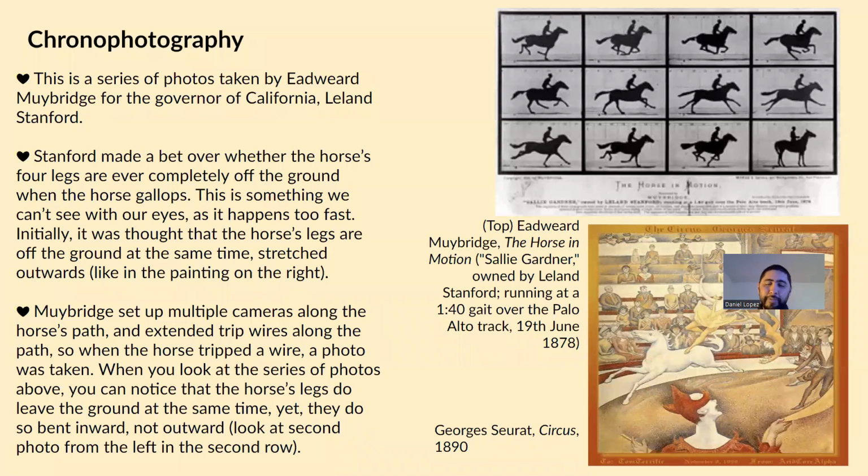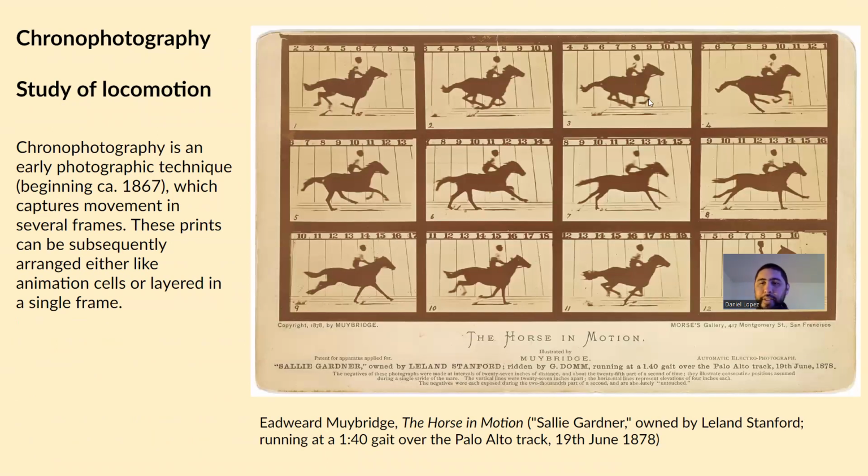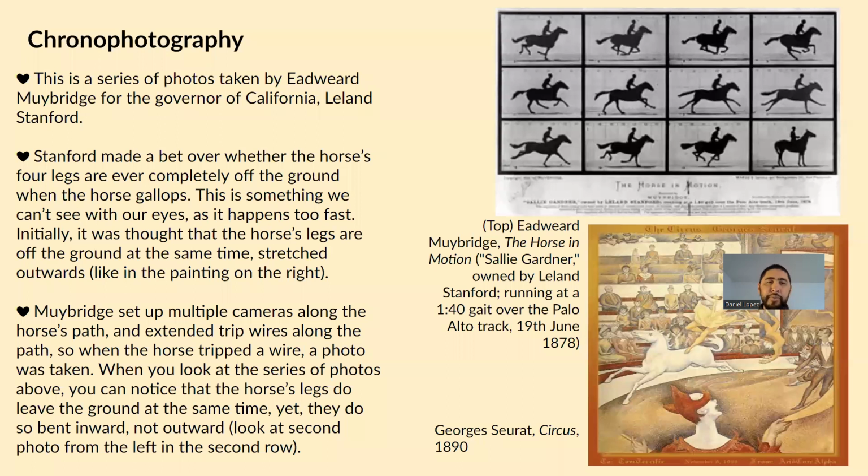So obviously we found out that with these frames, the legs are off the ground, so the legs are not always touching. But it was basically Leland Stanford making this bet, and Eadweard Muybridge is the one who constructed this,